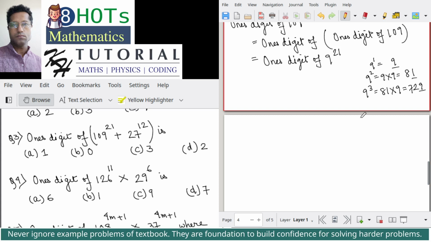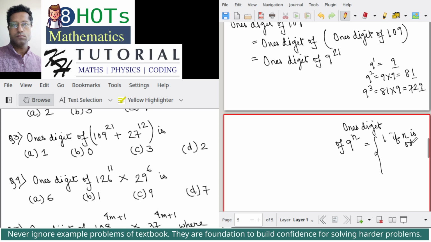So that is the concept: the ones digit of 9 to the power n, where n is some positive integer, it could be 1, 2, 3, 4 like this. You see, 9 to the power 1 is odd, and the ones digit is 9. 9 squared, the power 2 is even, so the ones